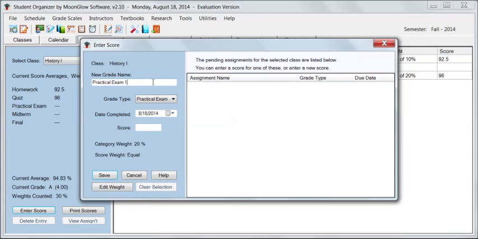Let's say you've got 3 practical exams during the course of the semester. Now, collectively, they're worth 20% of the final grade. But let's say the first two practical exams are worth 25% of the 20, and the last one is worth 50%. So when you enter your scores,